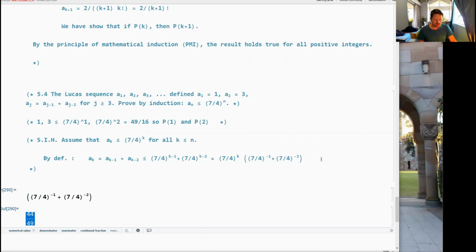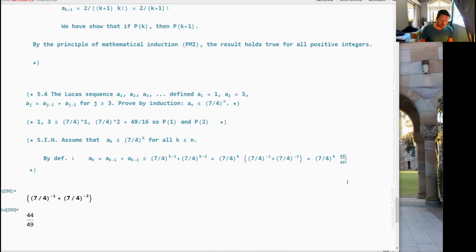So this is equal to 7/4 to the power of k multiplied by 44 over 49, but 44 over 49 is less than 1. So this is in fact less than 7/4 to the power of k. All right, and if you look at what's over here and what's over here, what we've done is we've proved that this holds for